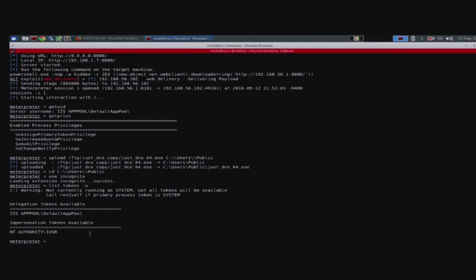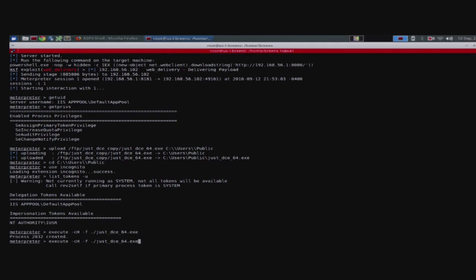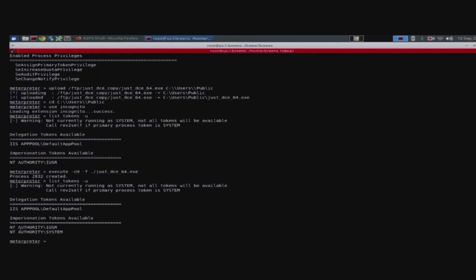So here we're running the binary, and all you have to do is run it, no flags, no crazy parameters like the original potato. Now you can see that I listed the tokens available on the system again, and now there's an NT AUTHORITY\SYSTEM token available for impersonation. So we're going to impersonate that token. And it looks like it worked, but we do getuid, and now we have NT AUTHORITY\SYSTEM privilege on the box.